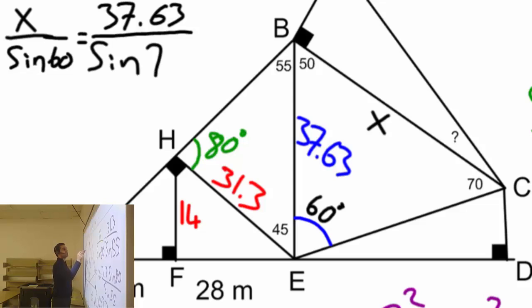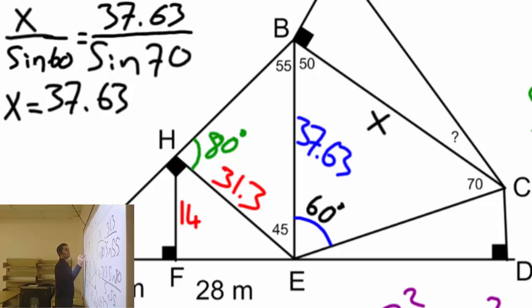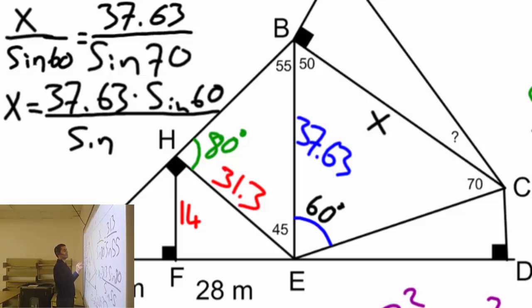So I know that X equals sine 60 will go up to the other side to multiply 37.63 times sine 60, everything divided by sine 70, and X would be, so let's do that,